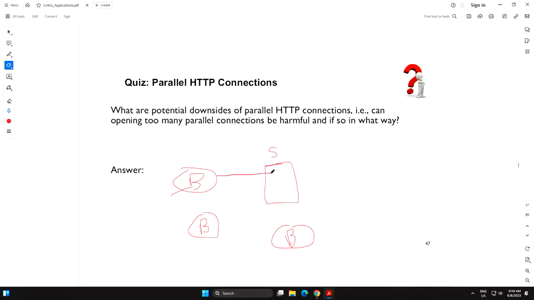So if this browser opens multiple TCP connections, then every browser opens multiple TCP connections. Then quickly you see that you are overloading a server because there are hundreds and thousands of clients trying to access the web pages from your server, and instead of one TCP connection at a time, they are opening hundreds of TCP connections at a time.